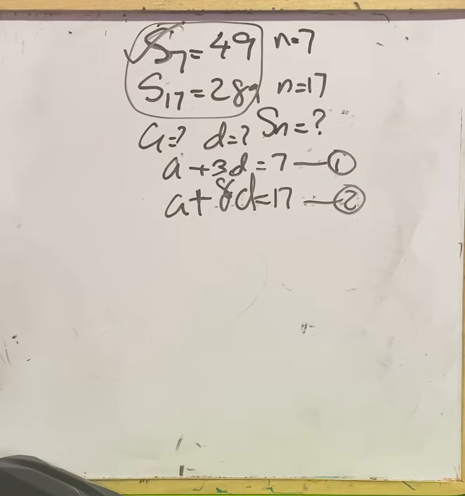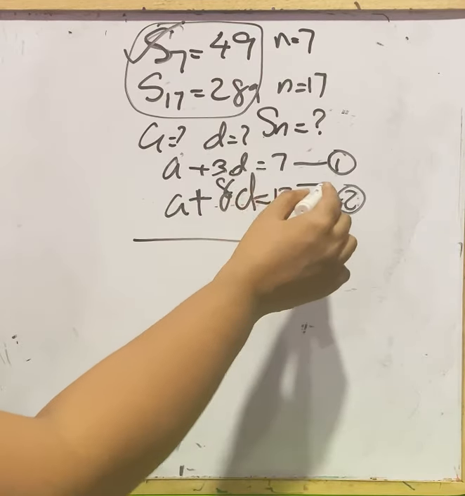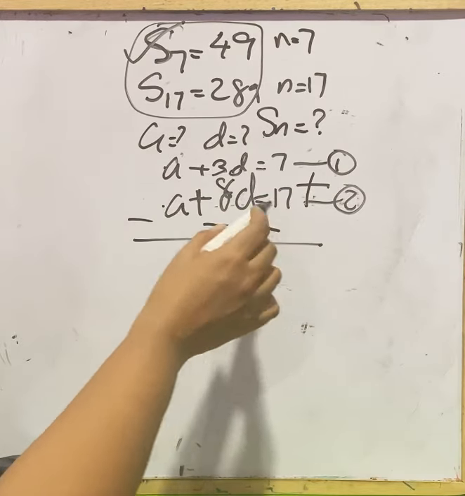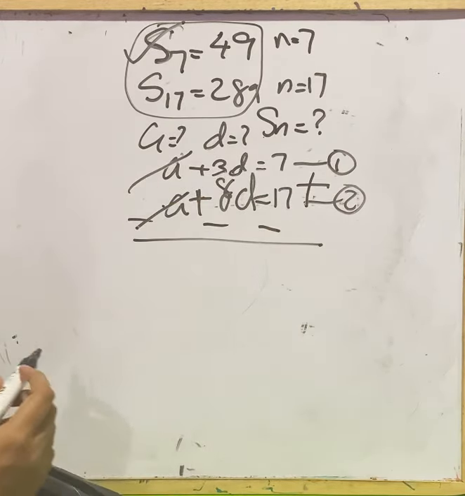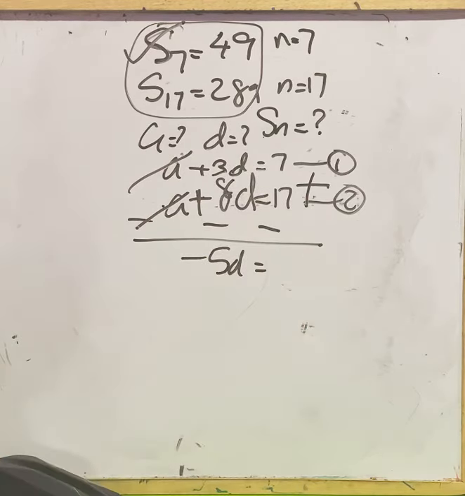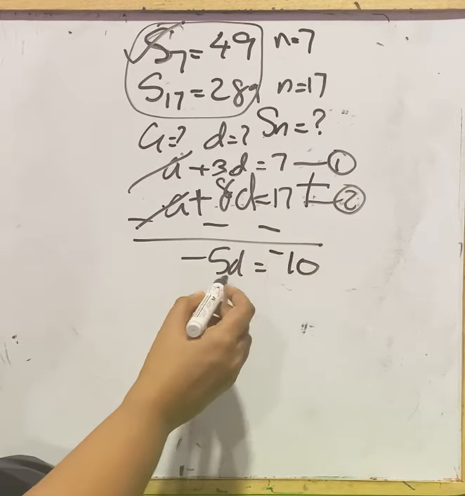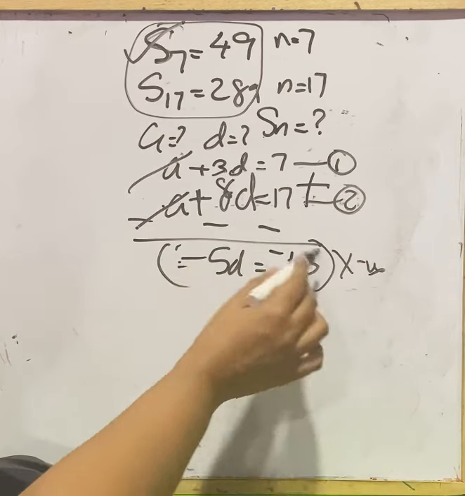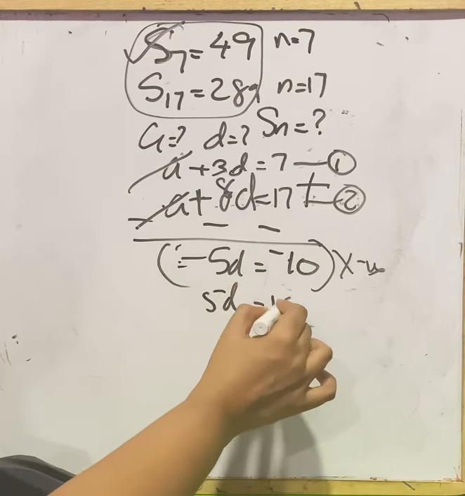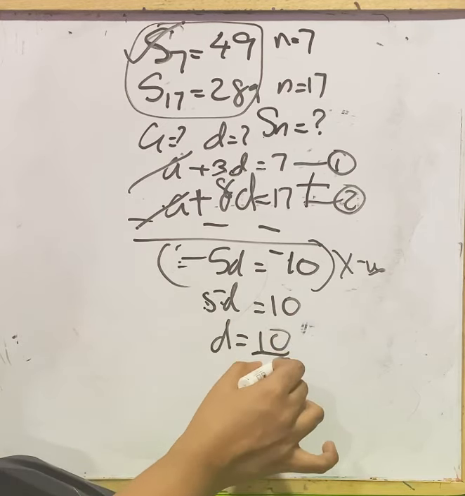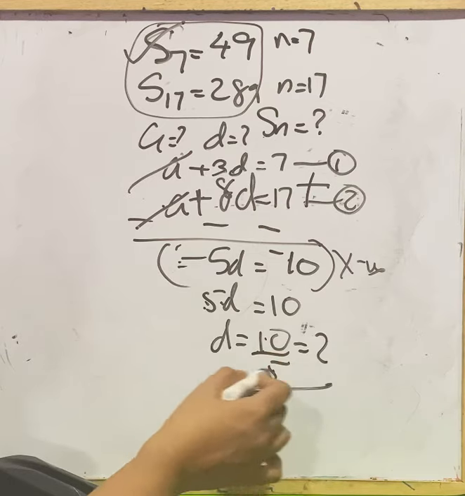These are the two equations. From this, we will eliminate A so that you will get the value of D. To eliminate it, we will subtract because the same signs are there. So make it addition, change the signs on the second equation. This gets cancelled. Here 3 minus 8 is minus 5D equal to 7 minus 17 is minus 10. Now both sides we have negative. So to cancel it, multiply with a negative. Both get cancelled. 5D equal to 10. Now D equal to 10 by 5, 5 taken to the RHS goes to the denominator, 10 divided by 5 is 2. The value of D is 2.